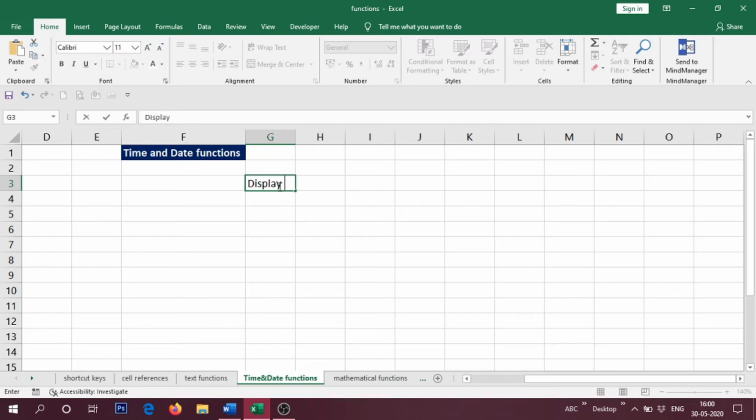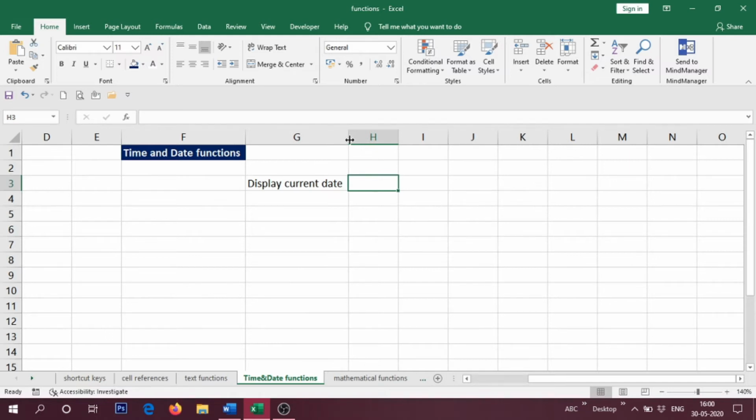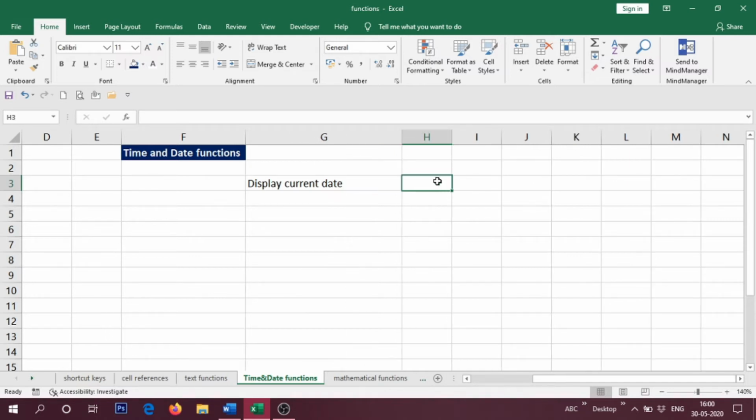Display current date. So I want to display the current date in this sheet, in this cell. Here I need to display. So current date is equal to